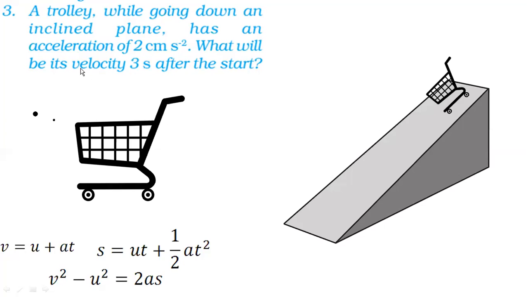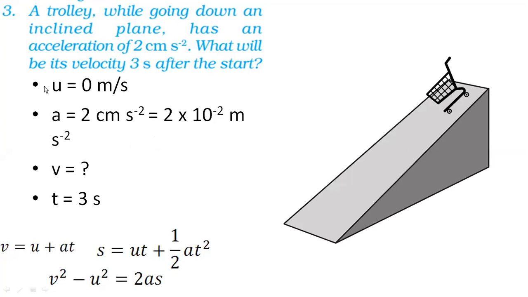And they are saying what would be the final velocity at 3 seconds after the start. So initially it was at rest. Okay, initially it was at rest, means initial velocity is 0. They are asking us final velocity at what time? After 3 seconds it was released. So after 3 seconds you calculate there, that is what they're asking. So initial velocity is 0 because initially it was not moving. So initial velocity is 0, that we know.